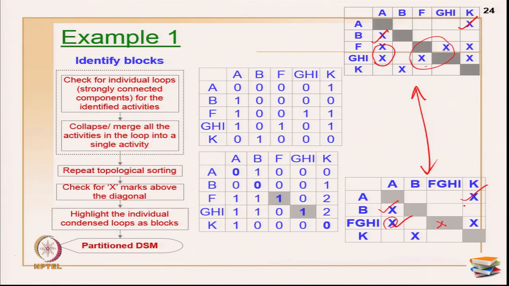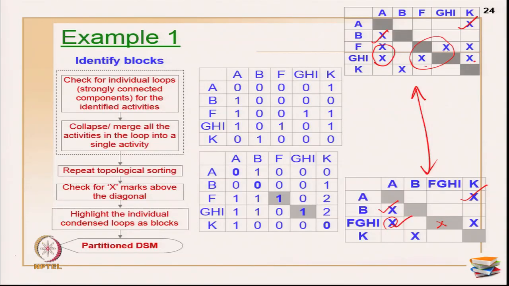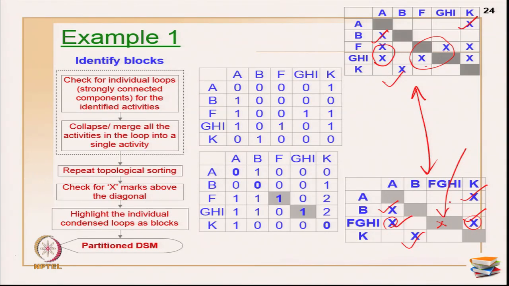When you are merging, just merge both the X marks together, then obviously you will get all the X marks identified. Now, K is giving information to F and to GHI, which I have shown up here. B is giving information to K, which is also seen here. So, all relationships you have to identify, but relationships within the particular activities in the merging you need not show. That is the meaning of merging into one, because you know that there is a block, so you keep it as one activity and then start repeating the process.